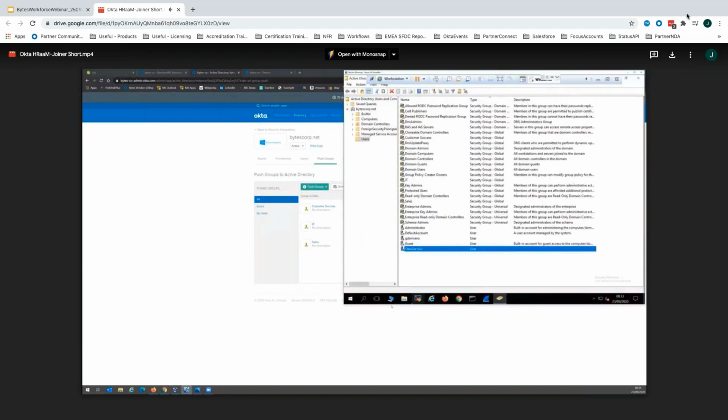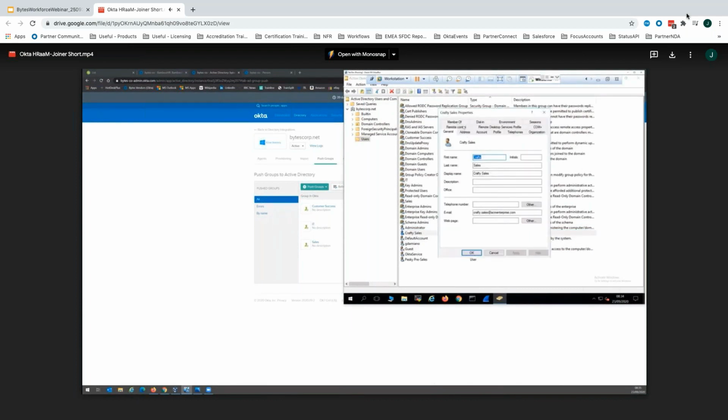move over again to the Active Directory list of users and computers, and quite simply perform a refresh of the window. If I've done things correctly, the 2 new users will appear. We have a success. We have a Crafty Sales user, and if I double click to verify the group membership by accessing the member of tab, I will see that indeed this user is a member of the sales group